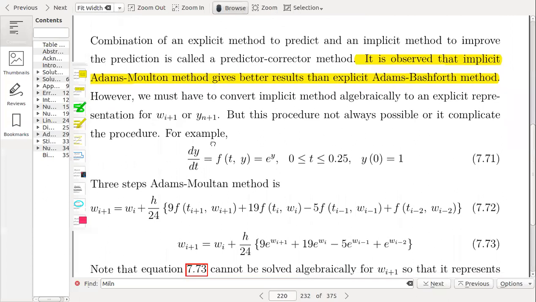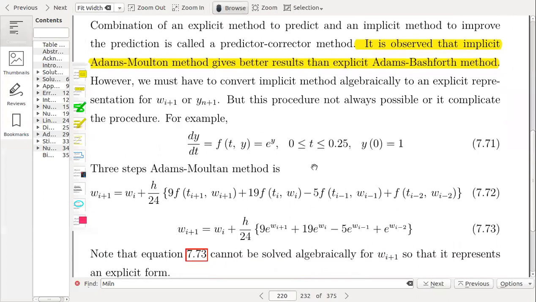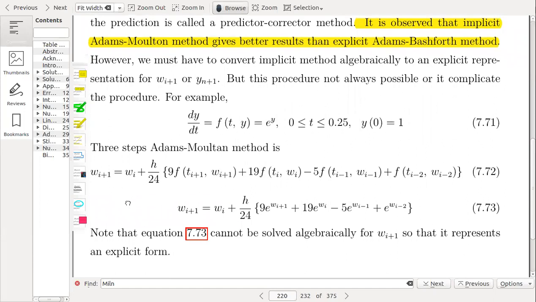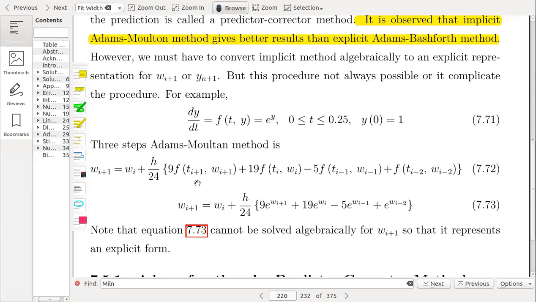For example, here is the initial value problem dy by dt equals f(t, y), say e to the power y, where t lies between 0 and 0.25, with the condition y at t equals 0 is equal to 1. So the three-step Adams-Moulton method can be written as wi plus 1